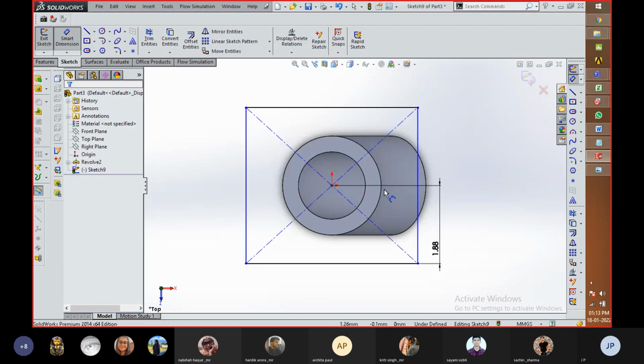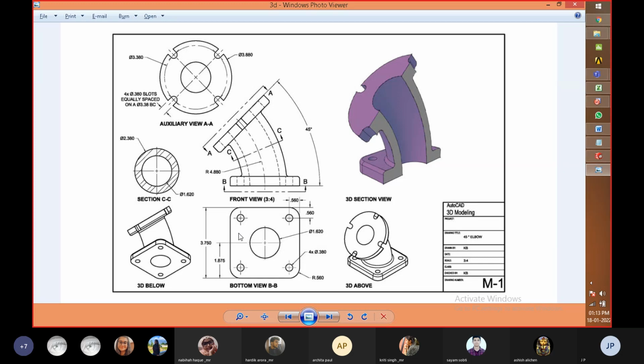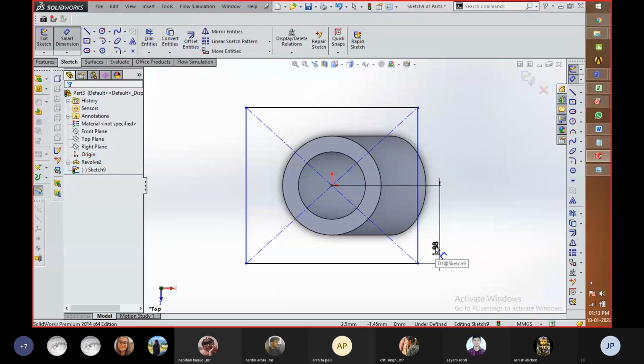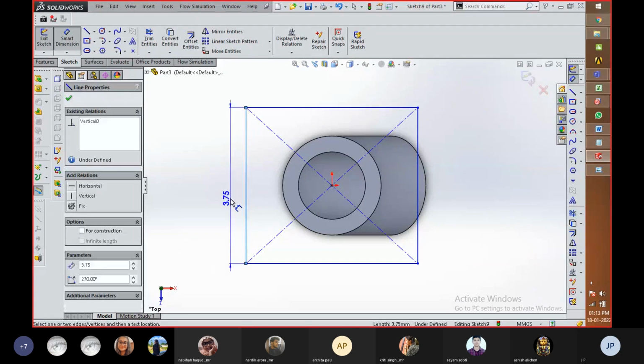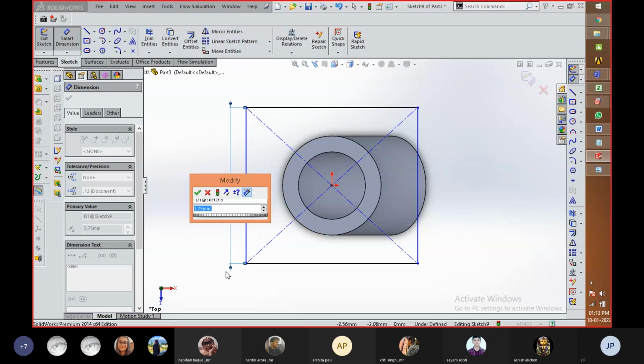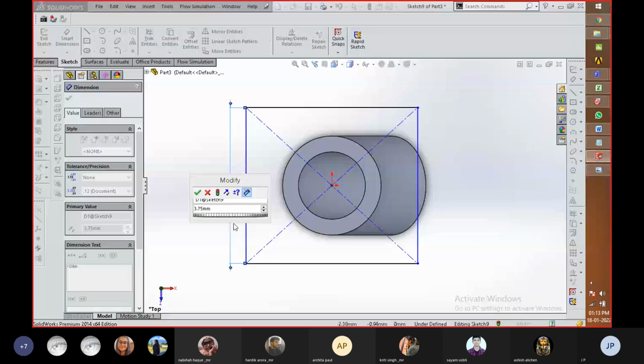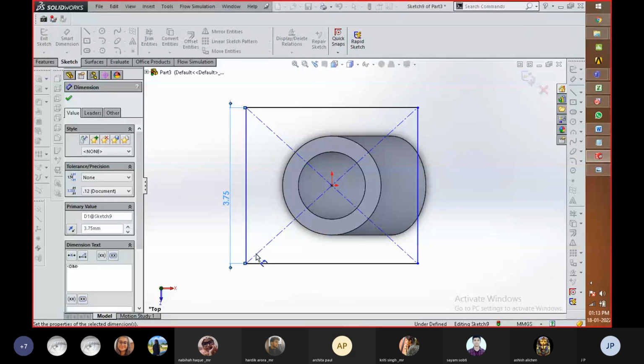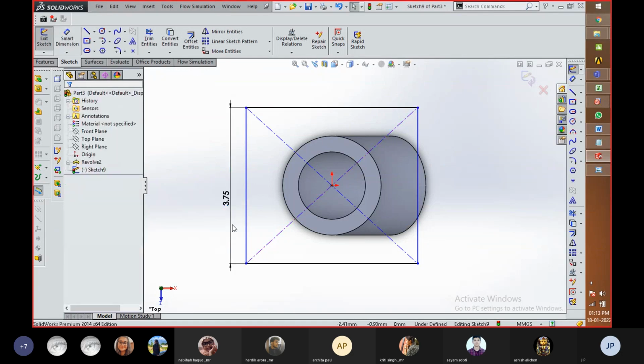Cancel. Actually, it is equidistant. That's why it automatically collects that this is 3.750. Or if we do not need to mark this, or directly mark this dimension, so you can see over here that this is 3.750. So whenever two dimensions are equidistant or the same dimension appear over a circle, this conflict is going to appear with respect to the dimension.